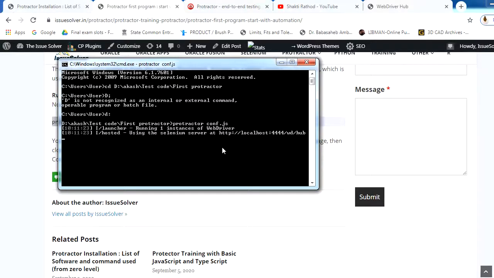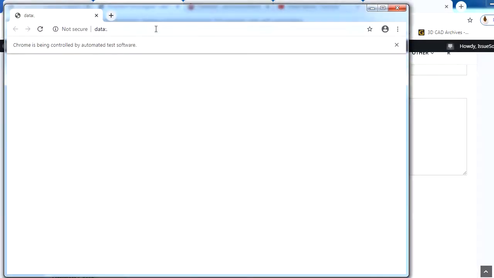Okay, I have given this one. Then it will launch the browser, and it will execute whatever test case you have written inside this file. In the next lectures I will be explaining the Jasmine framework also, then the Cucumber framework with JavaScript and TypeScript.